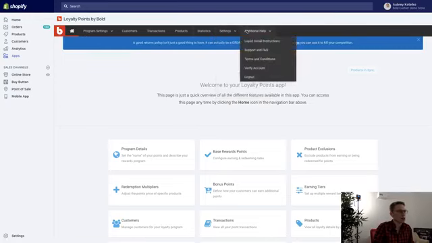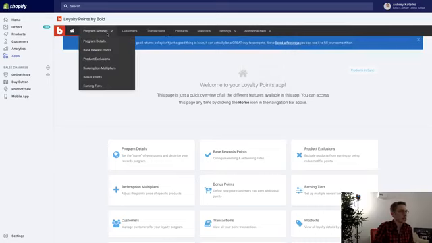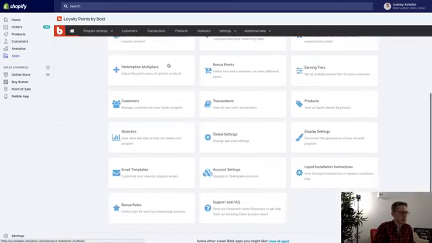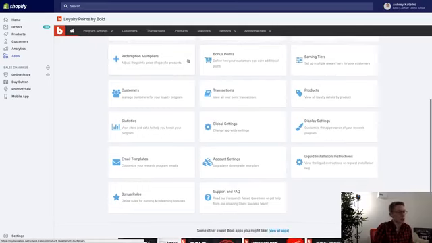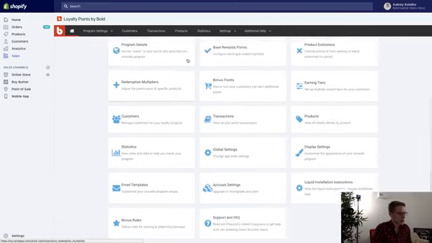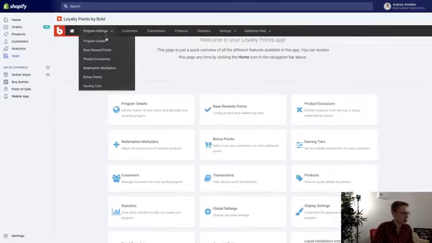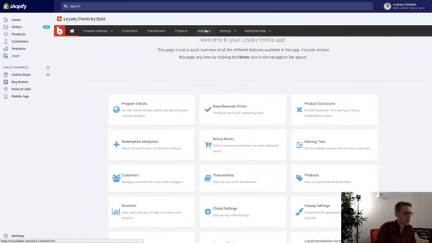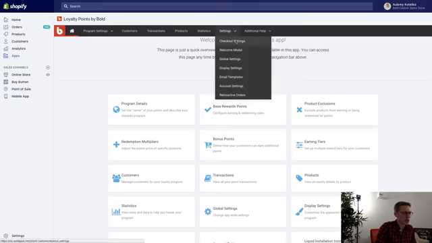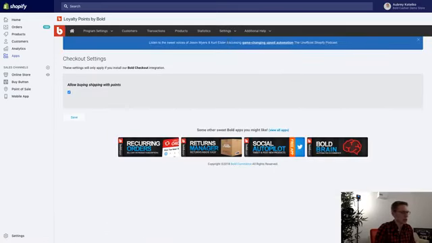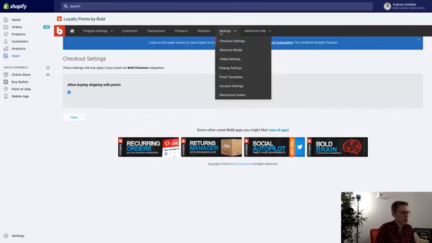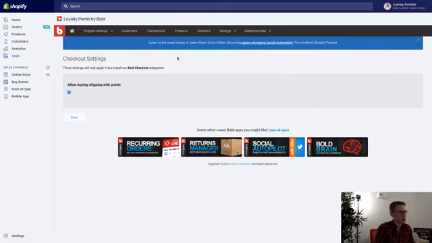I'm not going to show you how to set up the Loyalty Points app, basically. We've got a few other videos on that. But basically, what I'm going to do here is, actually I might have it hidden on my screen just because I've already upgraded my checkout. But there should be a button, I believe it's in the settings menu here, that will offer you the option to upgrade your checkout. If you don't see that, the place that you can go to is